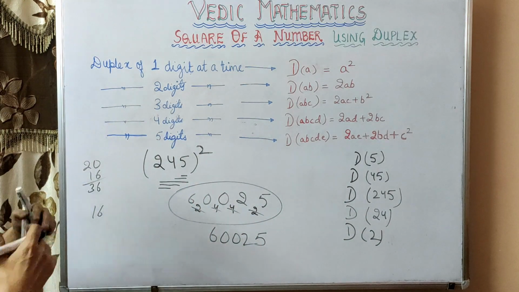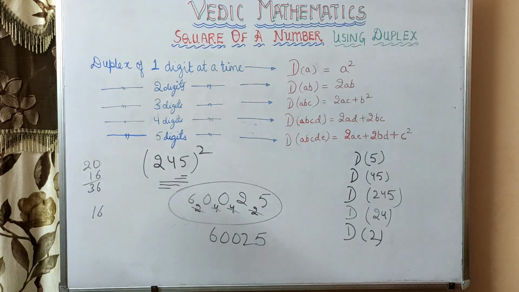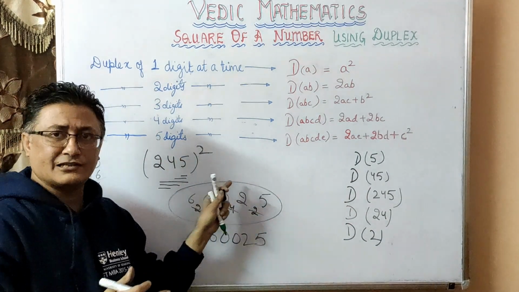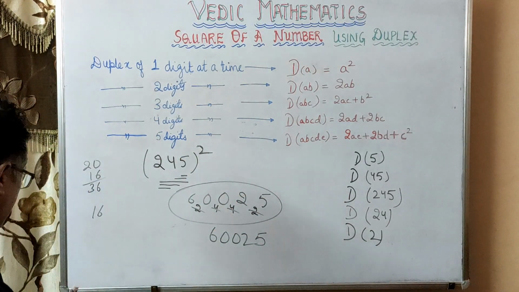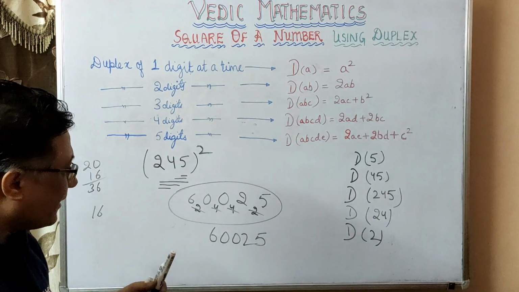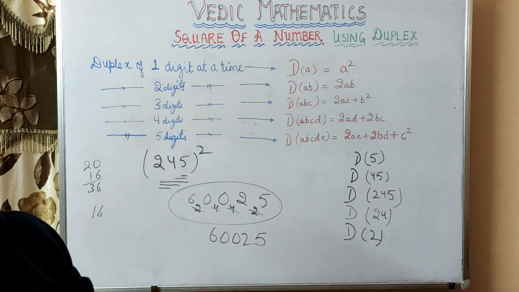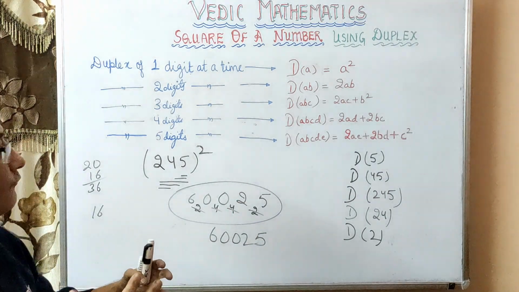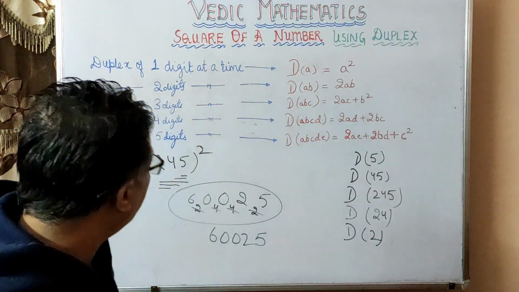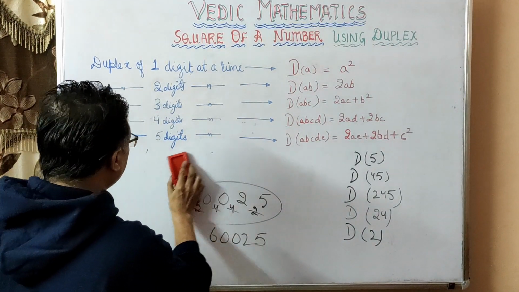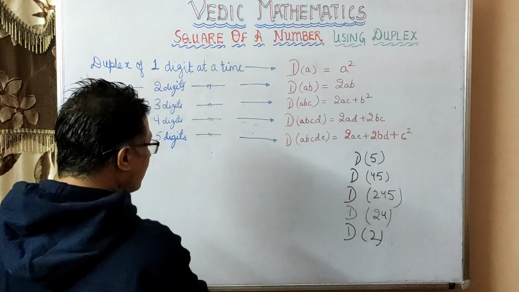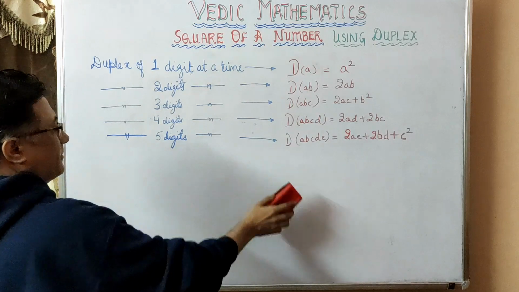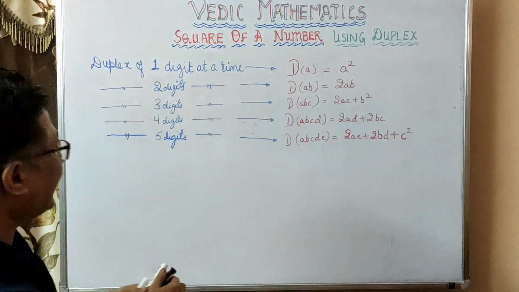So you can do this very quickly. You don't need to remember all this. This is only mental. As I just showed you, this is a very fast process. Now I'll calculate really fast, so that you can see the method working in real time. And as you practice it at home, more and more, you will become so habitual to the method that you will be able to calculate the square of numbers within seconds.